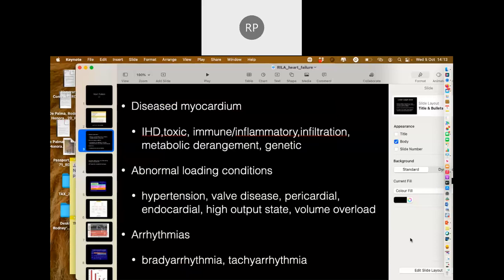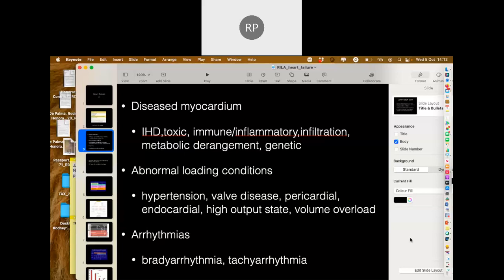And by separating the potential etiology of either heart failure with reduced ejection fraction or heart failure with preserved ejection fraction into one of these categories, namely diseased myocardium, abnormal loading conditions, or arrhythmia, you can start to hone in on potential etiologies and, of course,